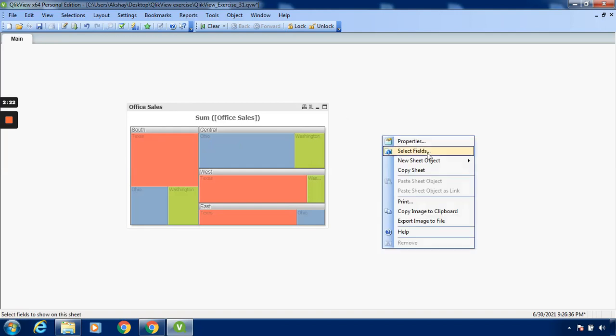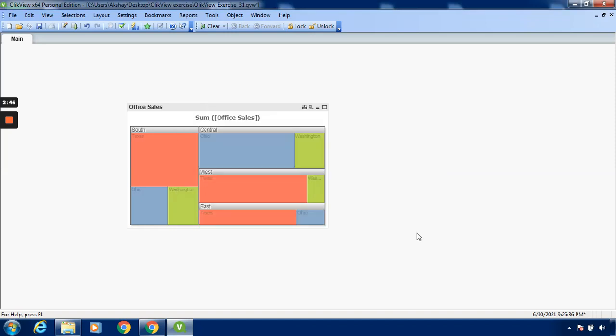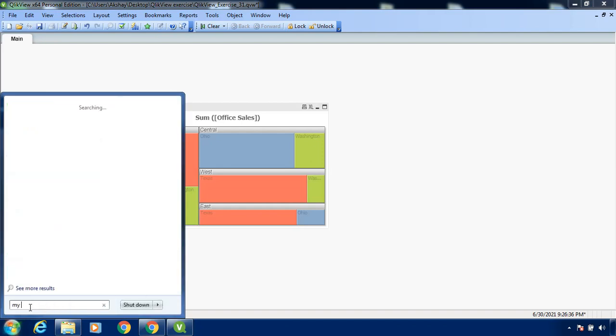Now right click over here, go to the option named Export Image to a File, give the name as click 4 image, and save it. When I go over here and type my pictures,